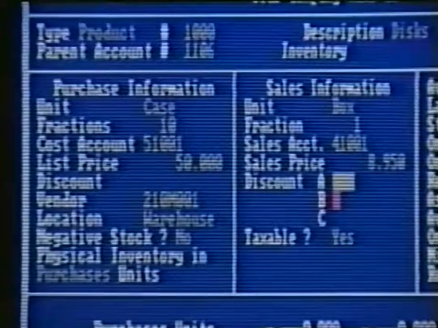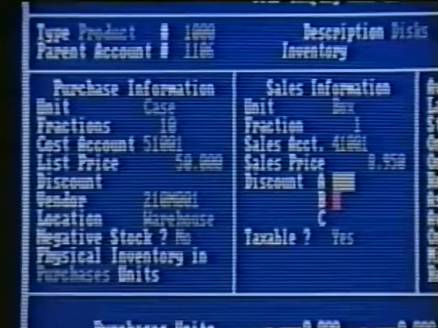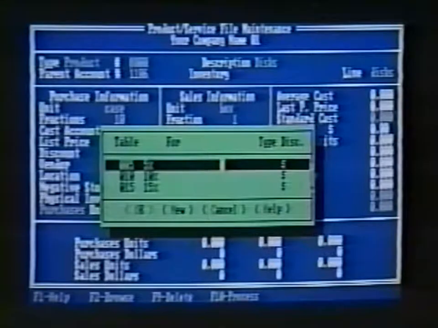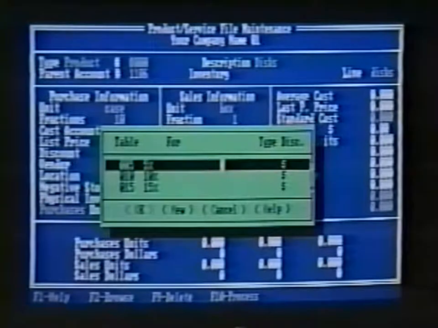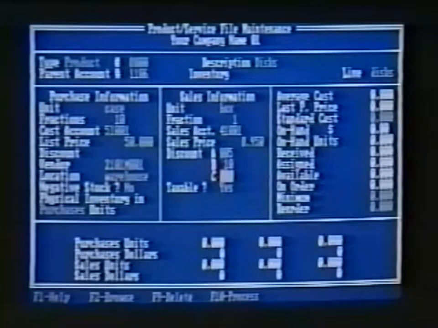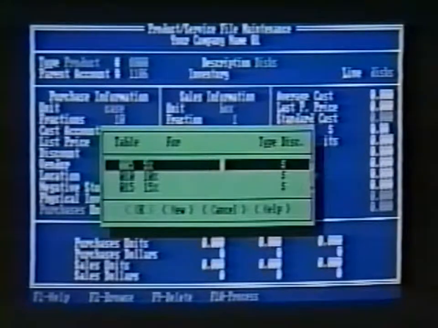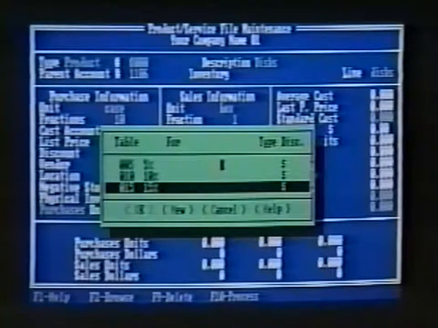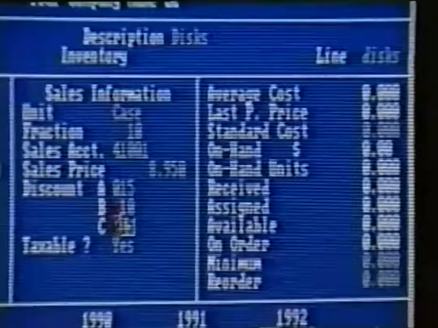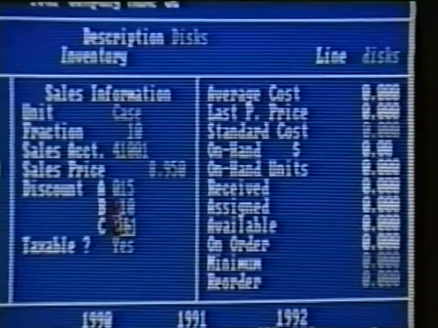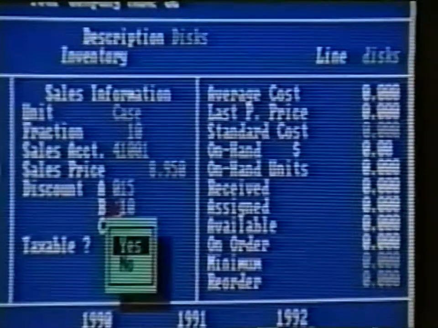The next three fields enter discount table numbers for three separate prices. For example, A might represent a dealer discount, B could represent a regional distributor discount, and C could represent a national distributor discount. Use the browse command to look up the appropriate table numbers for each field. Remember, Pacioli 2000 helps your memory work wonders. This table number, either an A, B, or C, can be entered in customer accounts. Enter whether this product is taxable or not.